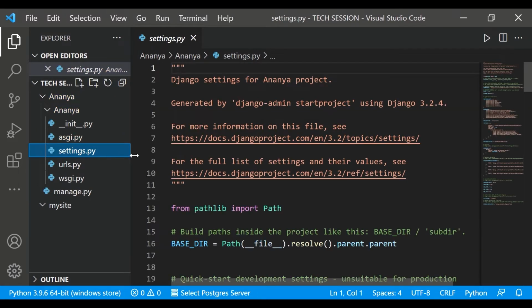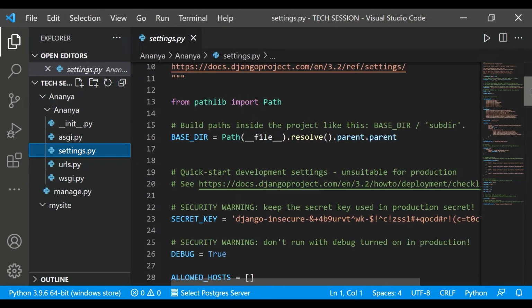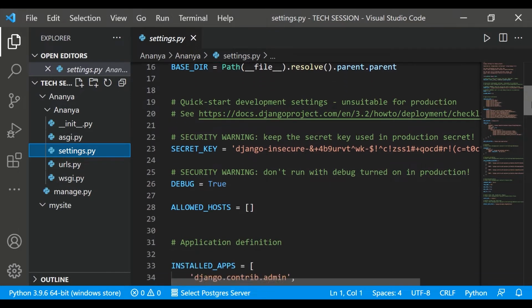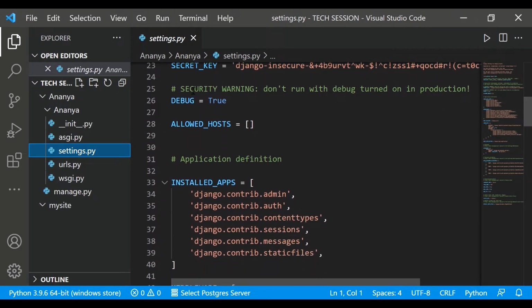Then we have settings.py, the most important file. For this tutorial, I'll be telling you about the most important things in Django, which is enough to build a basic project. Here we first have to import path. After that, all these codes: base directory, secret key. So we see this debug. Debug true means it will show me the errors that happen while I'm compiling the code. But if I turn it into false, it will show me the basic 404 error code.